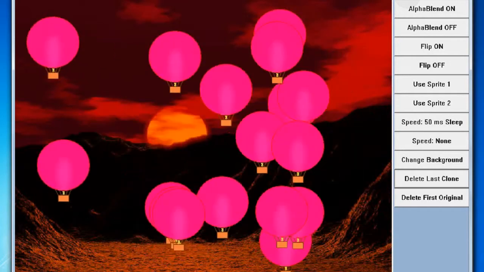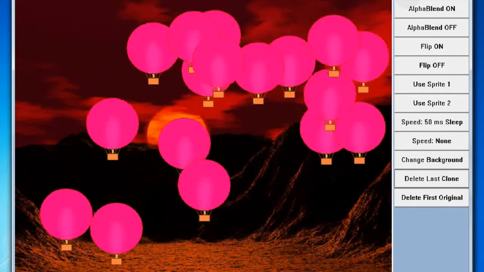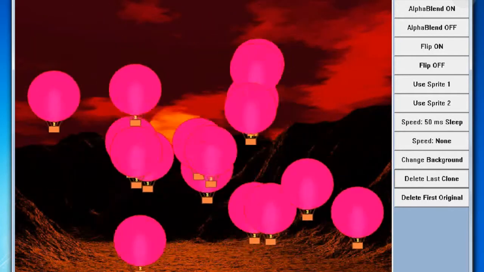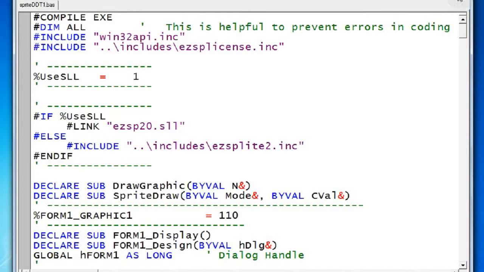Let's take a look at the code that is needed to write an application using EZSprite. Well, here we'll take a look at the code. We're going to change this one line of code here. EZSprite version 2 is not available yet, but we've made an update pack for EZSprite version 1, and we've added the